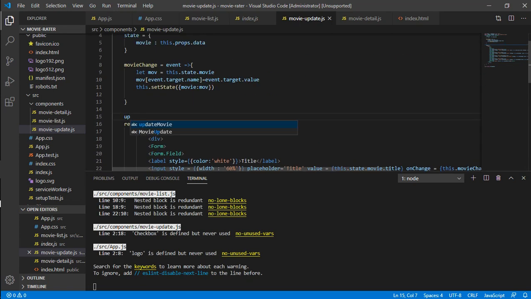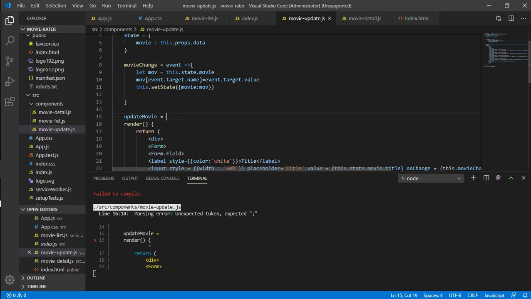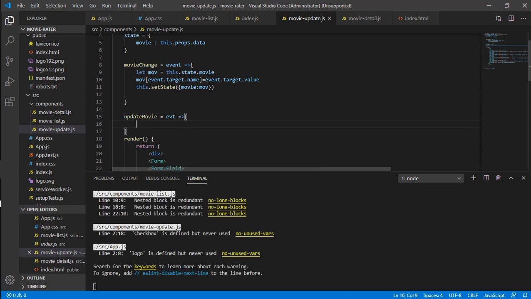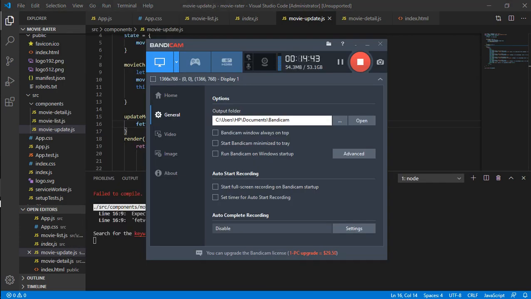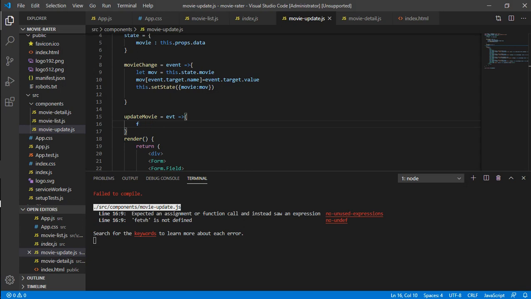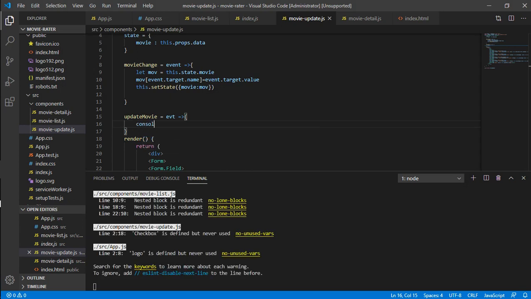So for updateMovie, we have nothing except for the event. We can move ahead. Everything will be stored in this, we can access it through this, but the thing is we need to pass the query. So how to pass that? To pass this query, what we need to do is use the inbuilt fetch method. Okay, but you know what, the video is getting longer. We will pass this query later, but just before this,